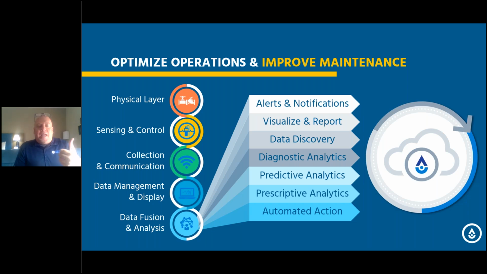Fantastic. But that next layer is how are we producing this data to do reporting, compliance, analysis? What is our data management strategy right now? How are we able to look at this data? Are we using something like Excel? How are we centralizing that data? And this is where our data fusion and analysis comes in. This is what we want to be able to do. We have all of these layers in place. We have our equipment in place. We have our communications and collections in place. How do we make this easier and utilize data management strategies to do alerting and notifications?